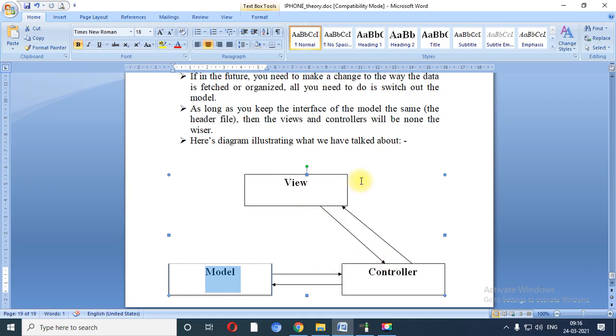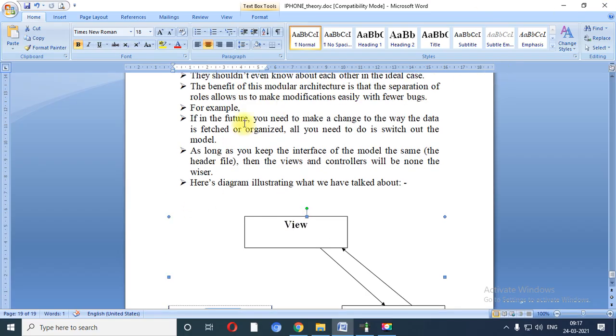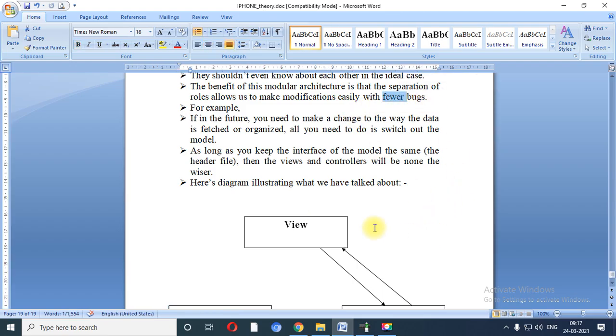Similarly, if any problem occurs in a view object, the controller needs to communicate with the view. Each has a specific role assigned by Apple, and based on that role they will work. So there is less chance of bugs or errors in the code.